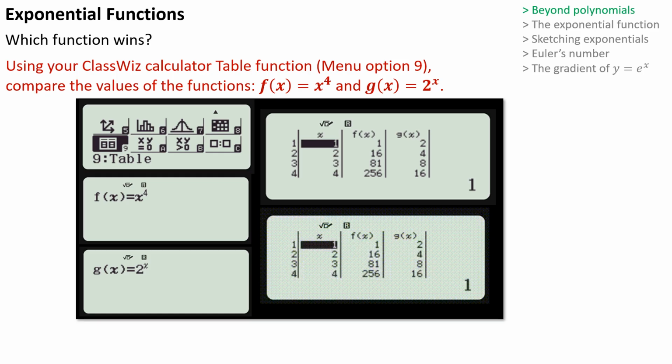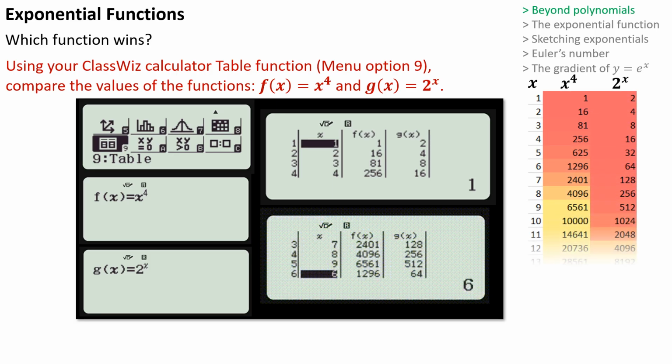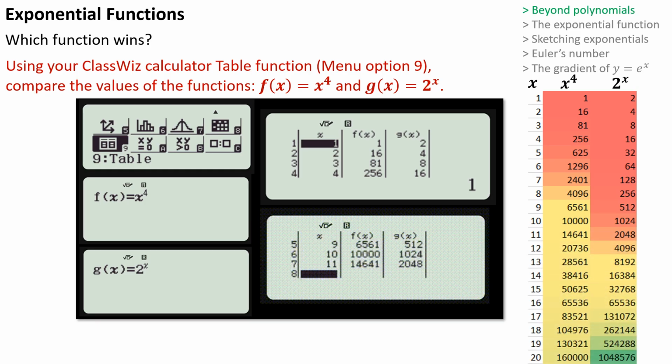So you see clearly in the long run, as long as you're prepared to put in large enough values of x, the exponential function is going to win. Here's another representation. This one was done in Excel using conditional formatting, so you can get a bit of a sense of how big the numbers are and the fact that they give the same result at x equals 16,